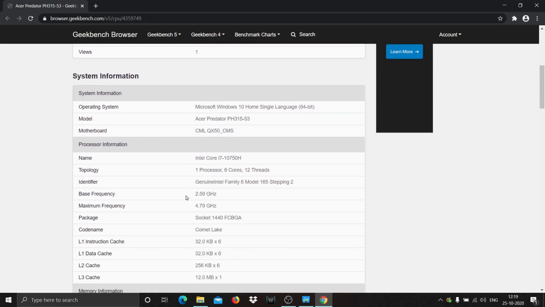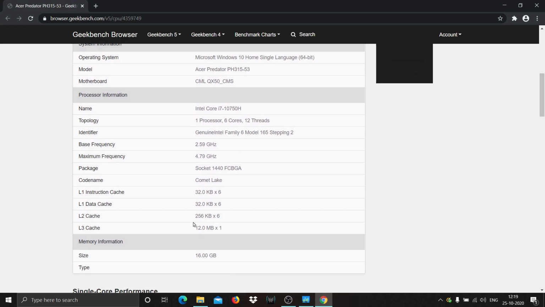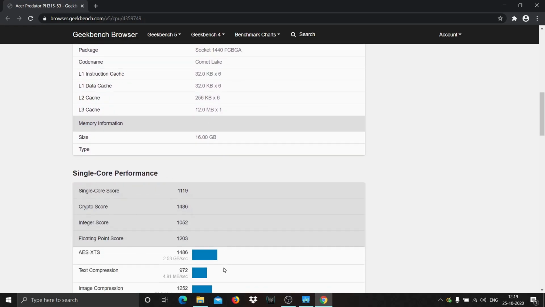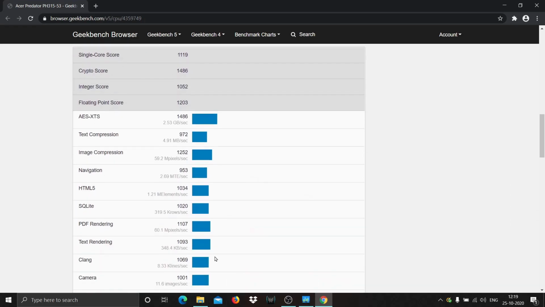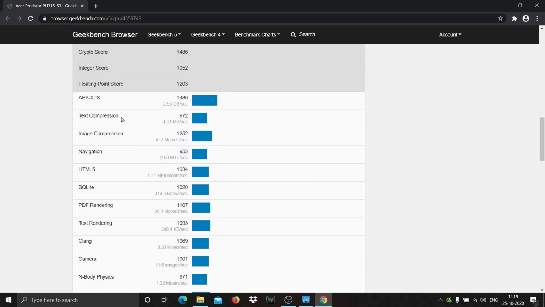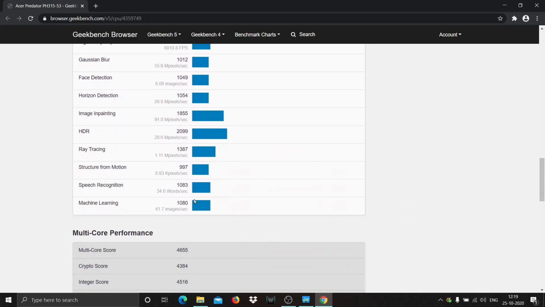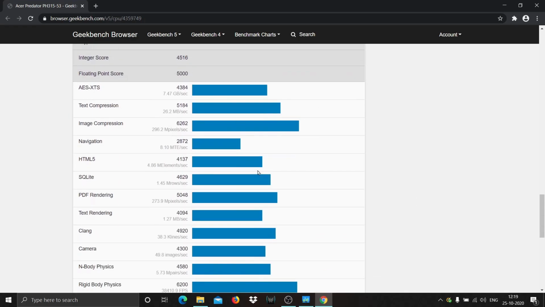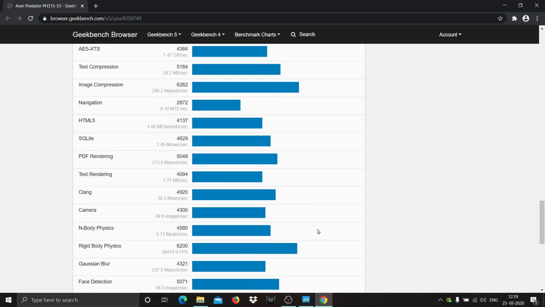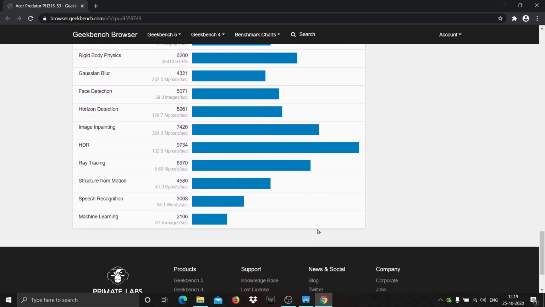Here are the CPU information and the smart caches, the memory allocation, and the single core performance of different sections like text compression, navigation, SQLite, PDF rendering, and the other values. In the multi-core performance, there is also a list of what is performed in this benchmark section.